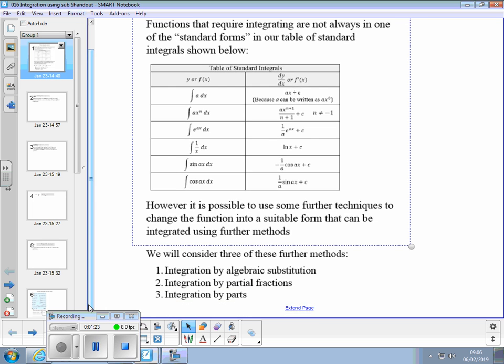What we're going to consider is 3 different things. Integration by algebraic substitution. We've already had a little go at that, because if you had a sine or cosine function in your assignment,